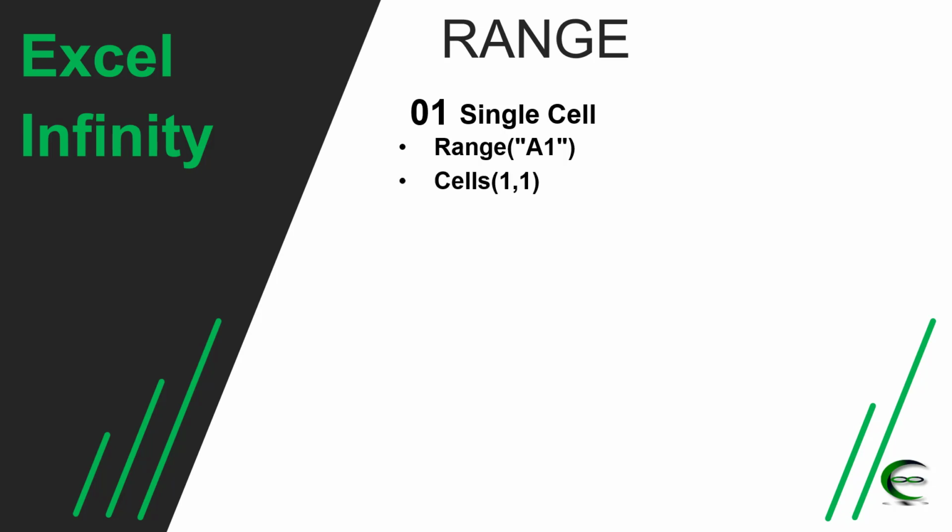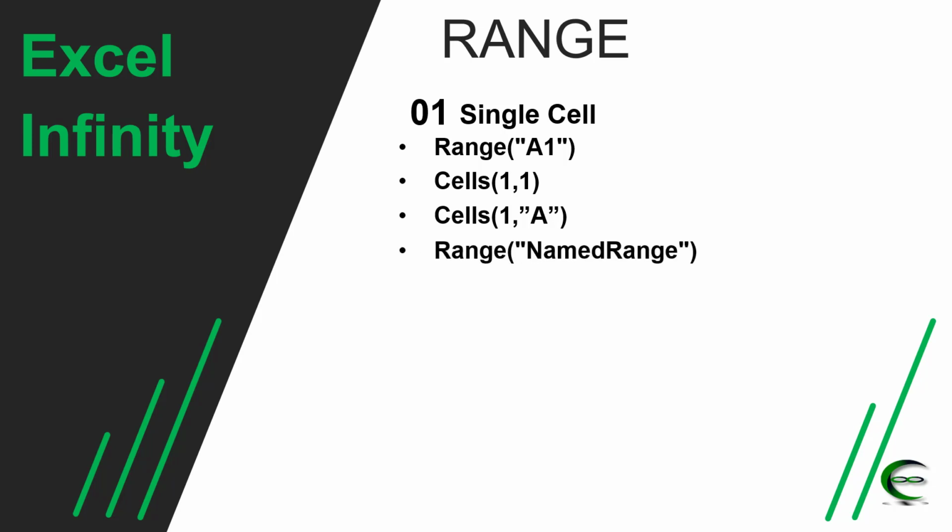The other one is the Cells method. In the Cells method, using a row index and column index, you can refer a cell. Here the first one is the row index, the second one after the comma is the column index, both are 1. So it is first row and first column. So Cells(1,1) is referring to A1. For the column you may use a number or alphabets. So Cells(1,1) or Cells(1,"A") are both the same in VBA.